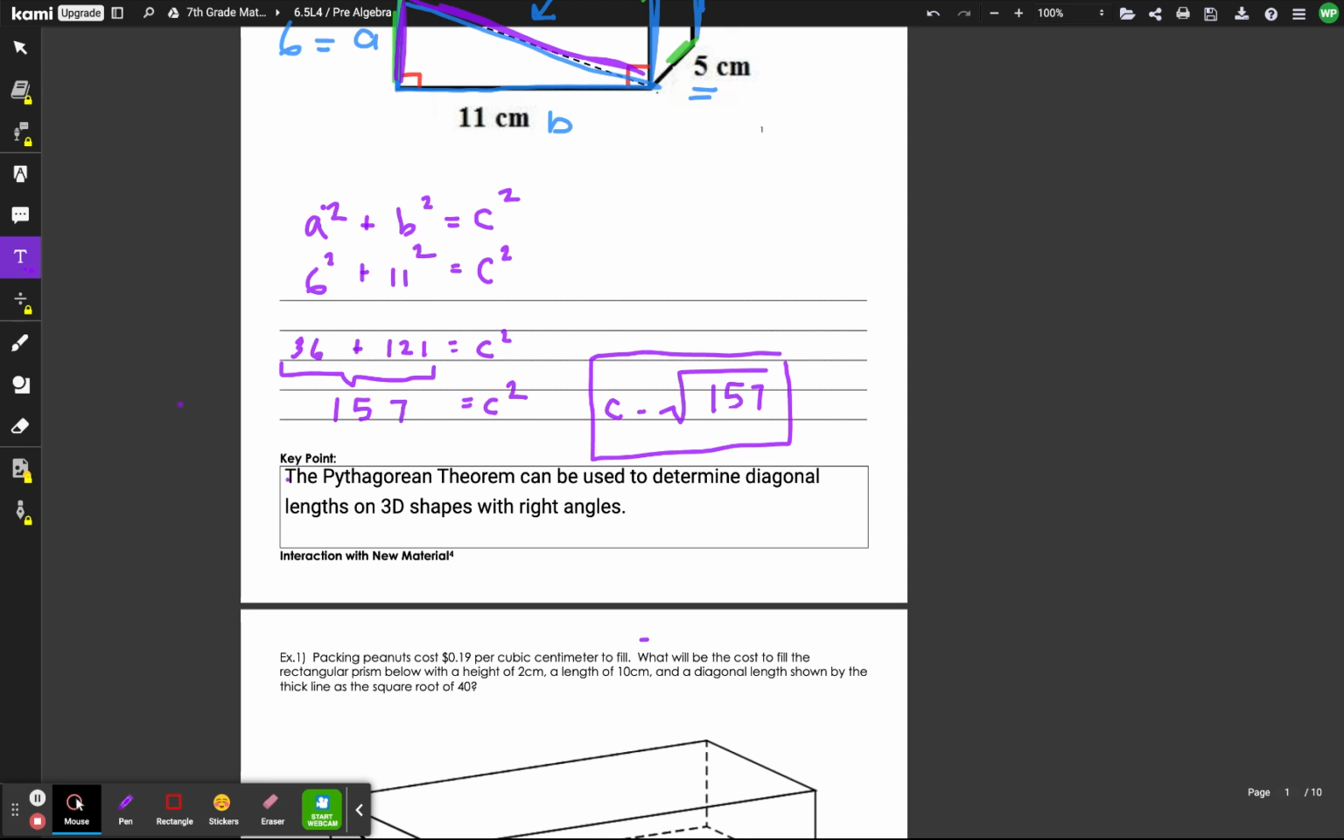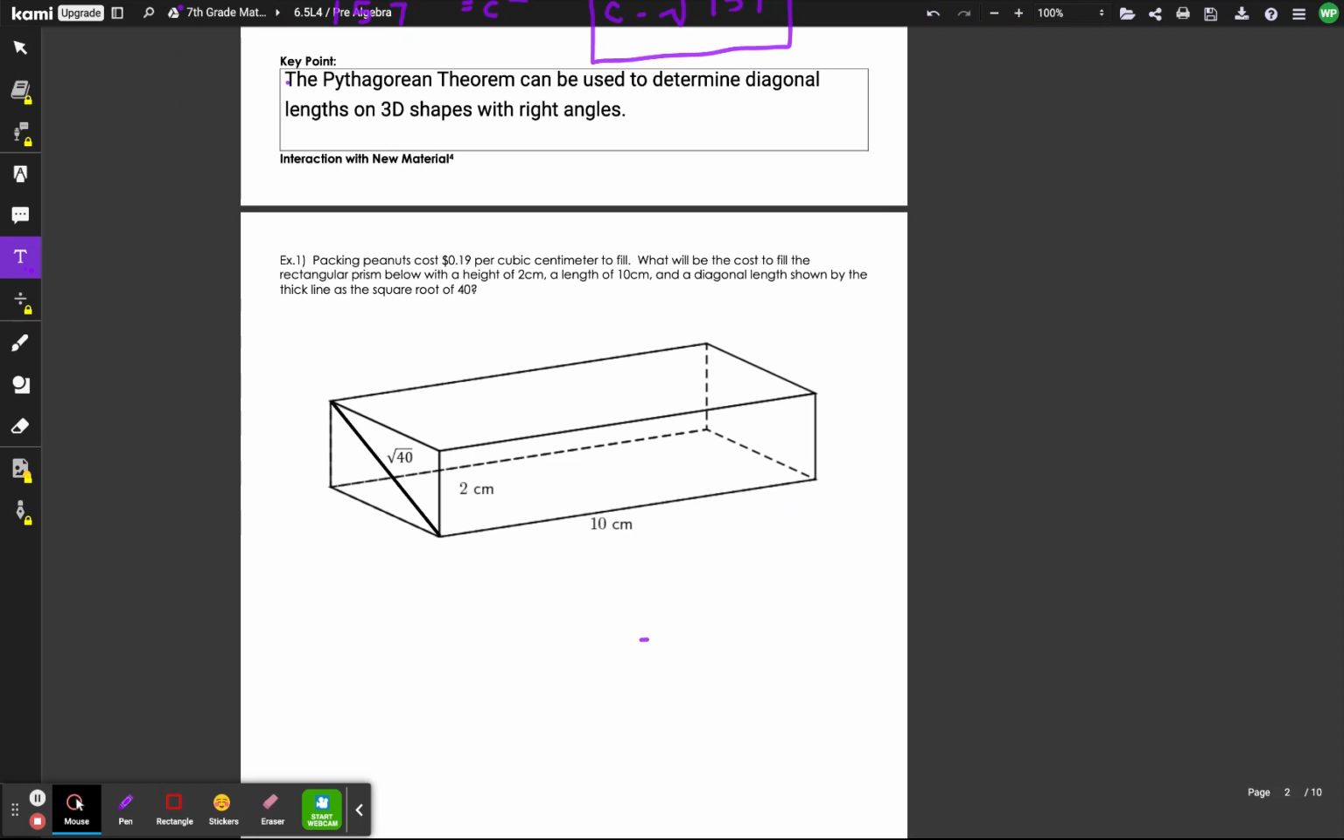All right, let's take a look at our next question. The next question says that packing peanuts costs 19 cents per cubic centimeter to fill. What will be the cost to fill the rectangular prism below with a height of 2 centimeters, a length of 10 centimeters, and a diagonal length shown by the thick line as the square root of 40 centimeters? So this is a two-part question. When it comes to finding the cubic centimeters to fill, that means we're going to be finding the volume of this figure. And this is a little preview of what we're going to do in our next couple of units,